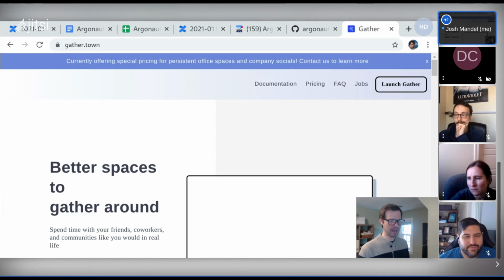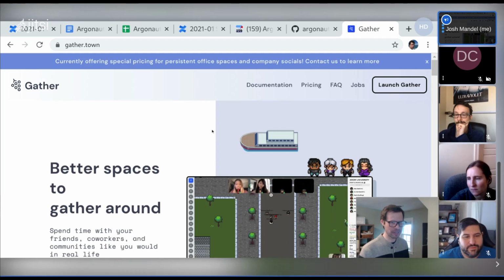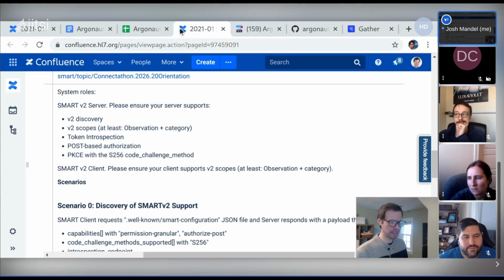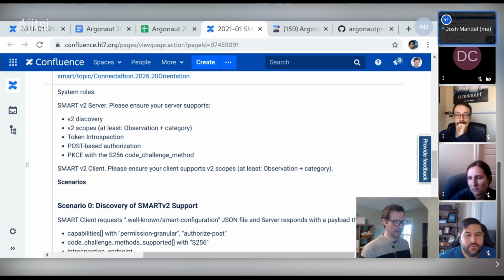So I'm thinking maybe we'll actually spin up a GatherTown sort of room where we can chat with each other, but we'll pick a place and announce that place in Zulip. And the goal is we want to make it as easy as possible for folks to interact in as natural a way as we can,